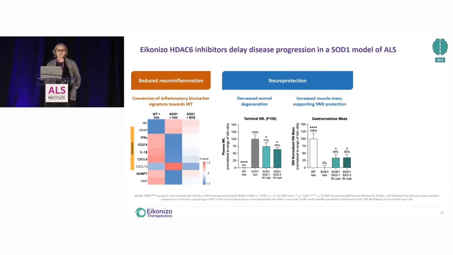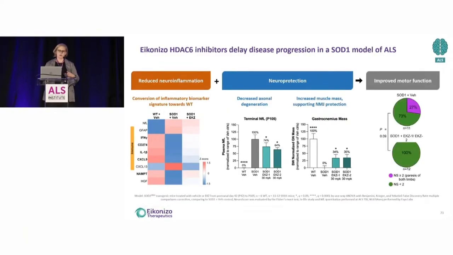And we also saw an increase in the muscle mass in those two HDAC6 inhibitor treatment groups, which is supporting that there's neuromuscular junction preservation with HDAC6 inhibition, because muscles will atrophy in response to neuromuscular junction denervation. Okay. And together, these benefits were associated with improved motor function for both HDAC6 inhibitor treatment groups,